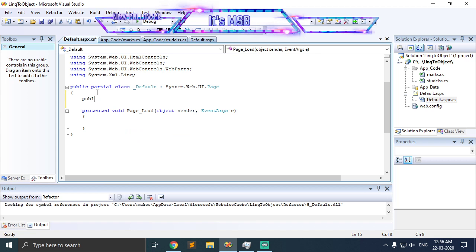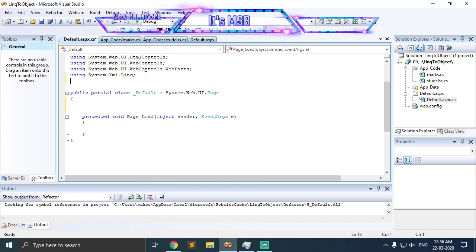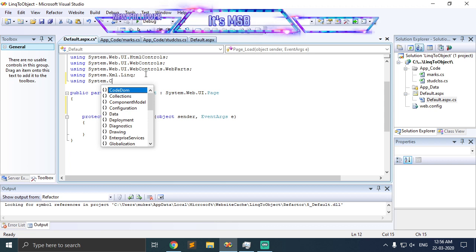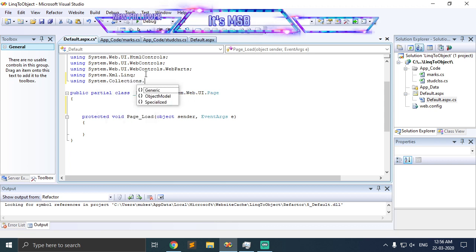First we have to add the collections namespace for using LINQ. So using System.Collections.Generic, that's it, and simply put public